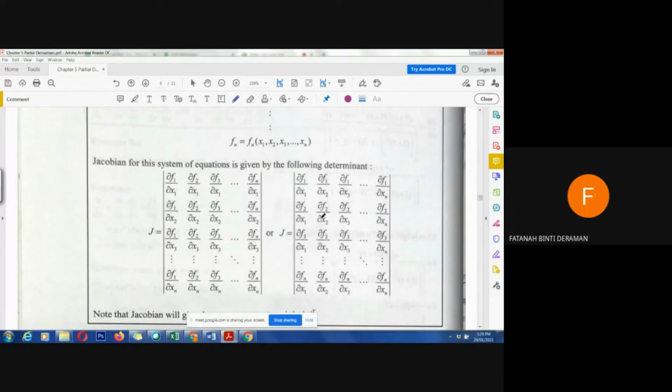So we can make the first row S1 until Sn, and Fn will be the last row. Okay? Alright, so the next is